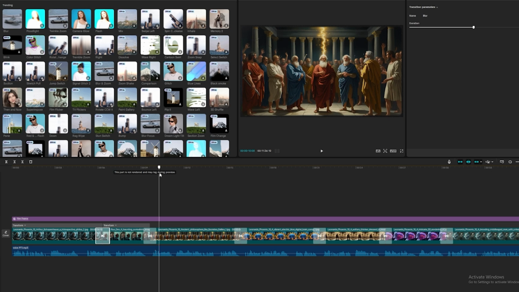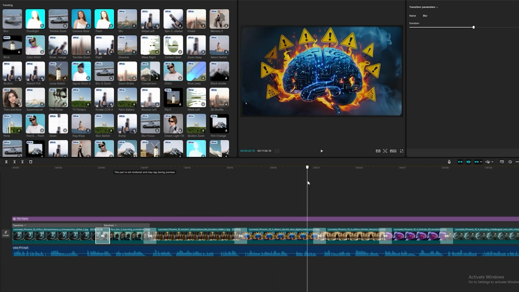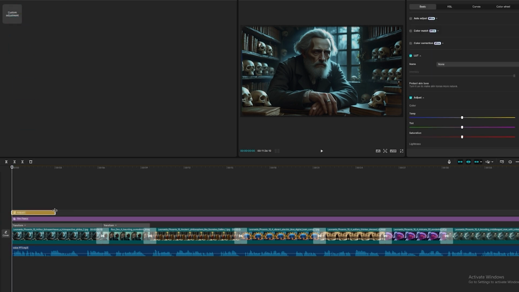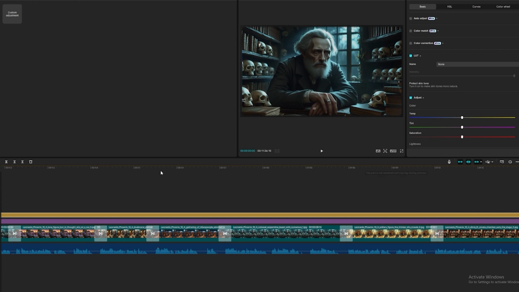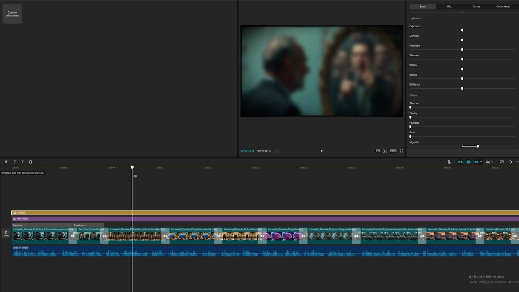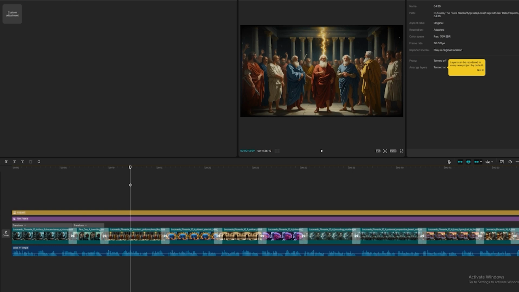Now, let's add an adjustment layer to the video. To do this, open the adjustment menu and select the adjustment. Now, drag it over the images and make sure you stretch it to cover all the images. Once done, on the right side of the adjustment menu, scroll to the bottom where you will find vignetting. Here, set the vignette to about 15, and so now your video is darker, in keeping with the philosophy. With that, you are ready for the next step, which is subtitles.